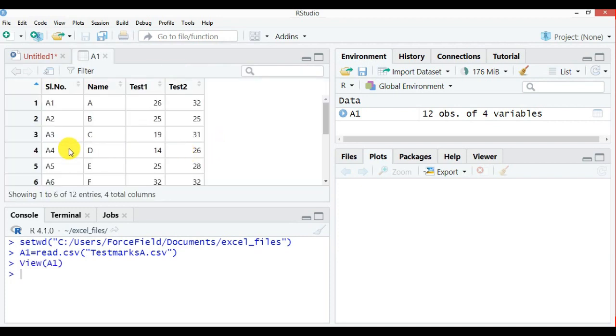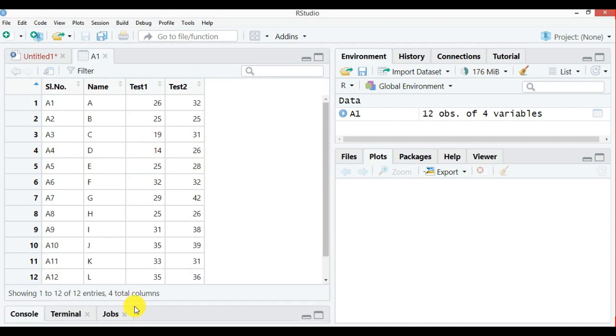The moment you execute, you will be in the position to see all my values stored in this file. It has come in a tabular form. There are some names A1, A2, A3, some serial numbers, and I have test 1 and test 2 marks. So now I have imported my file in R.